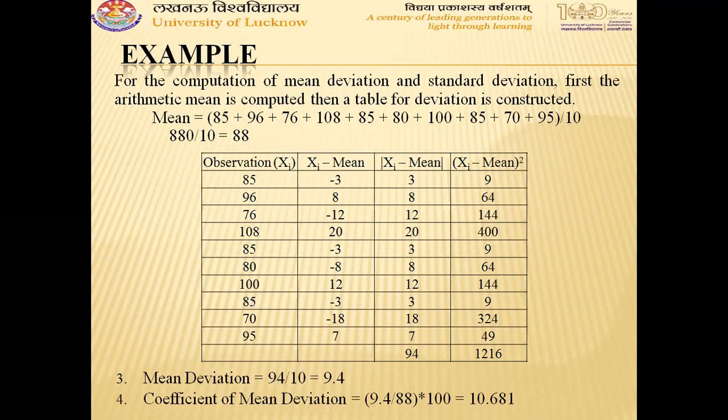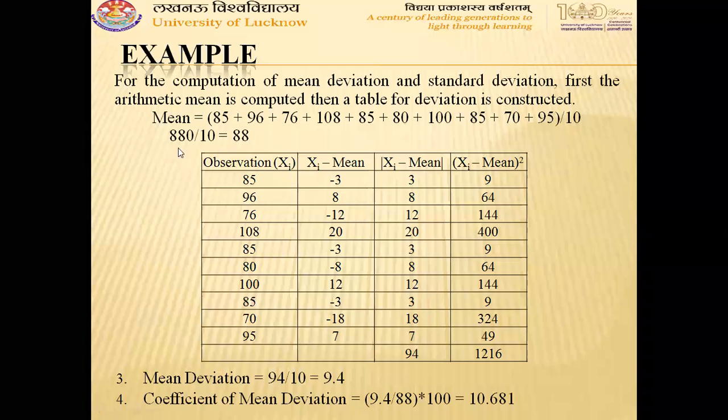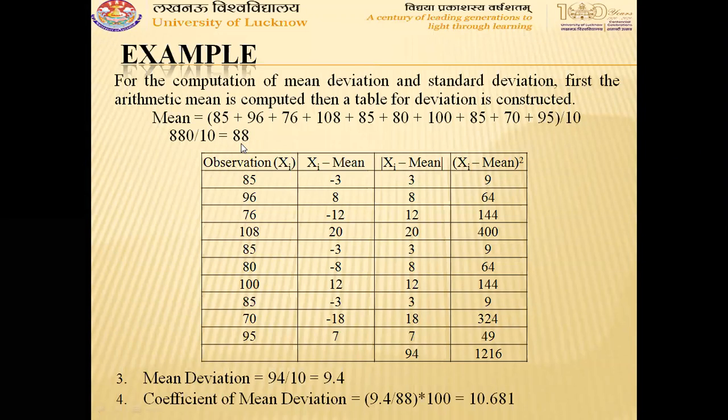For mean deviation, first the computation of mean is necessary, as well as for standard deviation. So first we compute the mean, that is, add all the observations and divide by their count. So the sum is 880, divided by 10, that is, the average is 88. Now we calculate